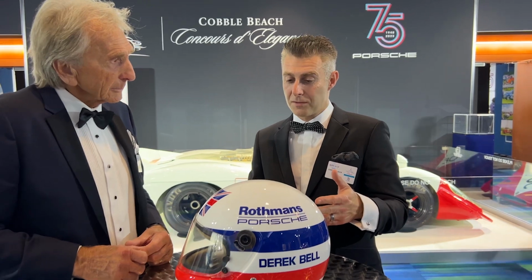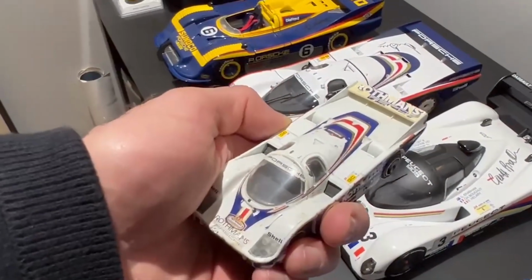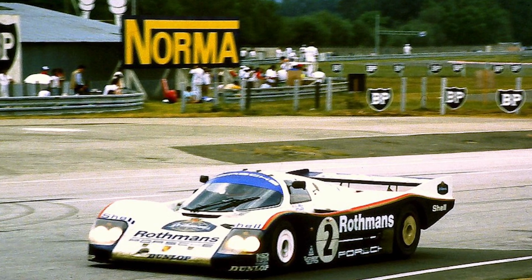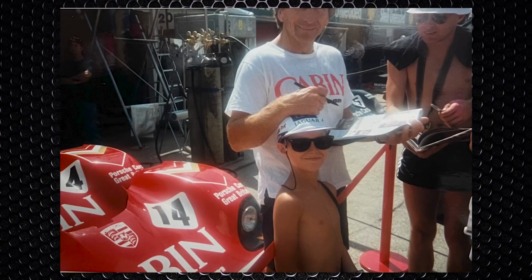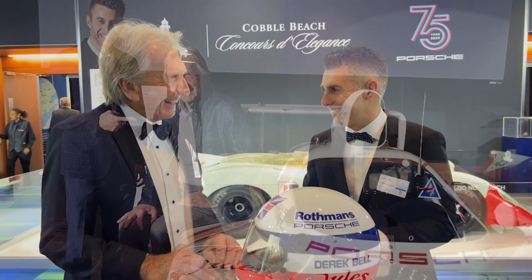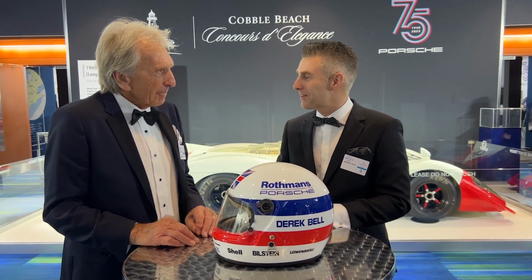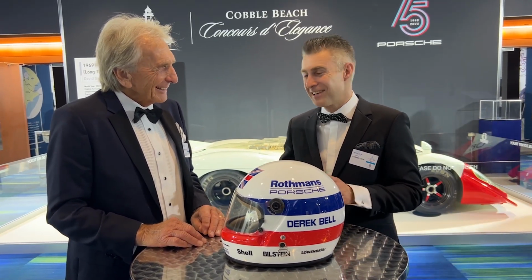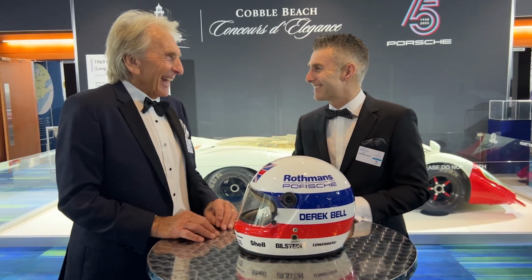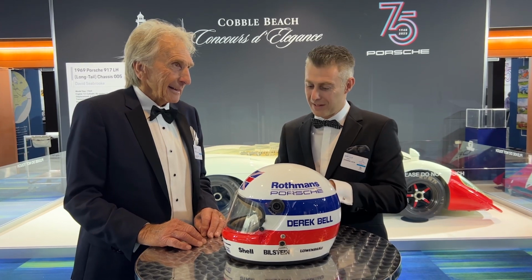And it's pretty iconic. I remember as a kid, the Rothmans Porsche, I had a small model car. That's right, it was a 962 Porsche. It was number 2 Rothmans Porsche, and to me it was Derek Bell. It wasn't Jackie Ickx. I played with that thing a lot at Silverstone as a little kid, and some guy tapped me on the shoulder. He goes, that's an expensive model, you shouldn't play with that. I was like, I know, but I'm being careful. That's why I'm playing with it. Yeah, exactly. So it's pretty cool. You got to play in the full-size cars. I got to play in the little cars, but